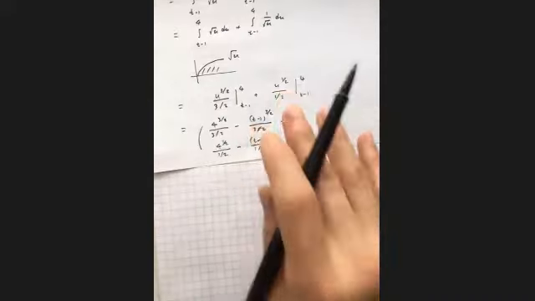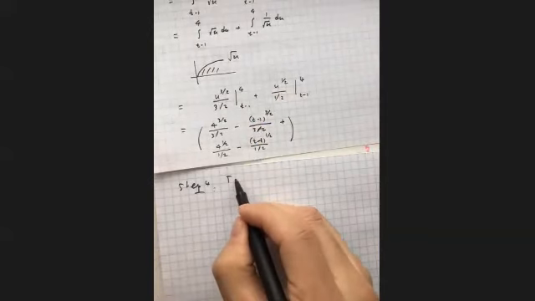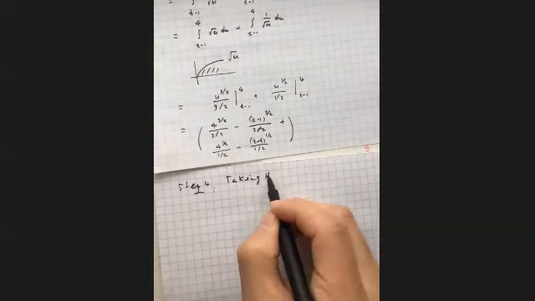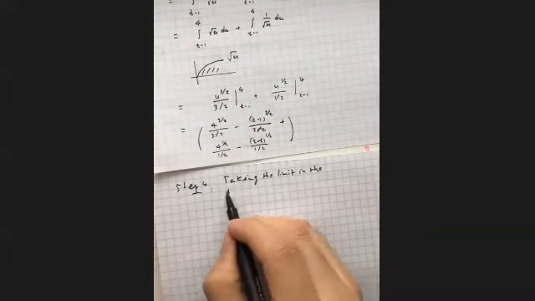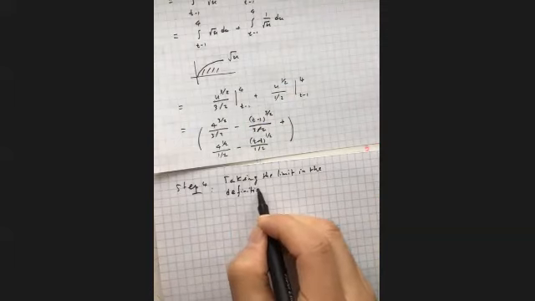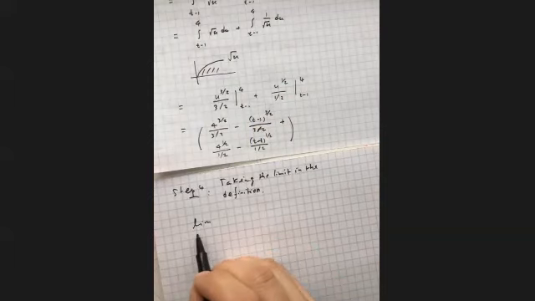Step 4 is taking the limit in the definition. In this case, you take the limit when t goes to 1 from the positive side